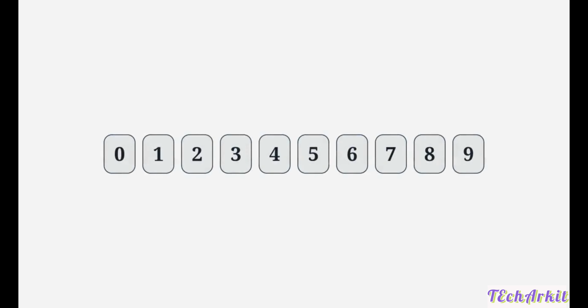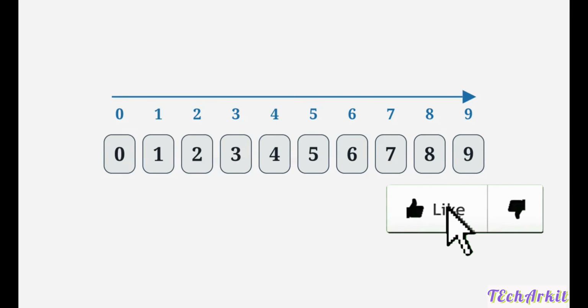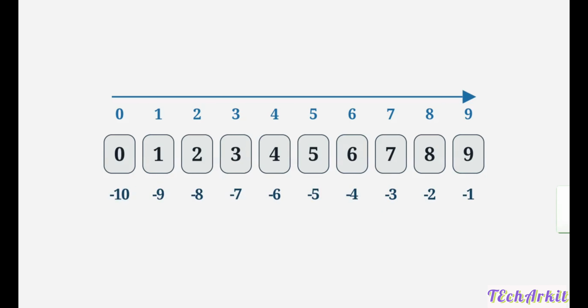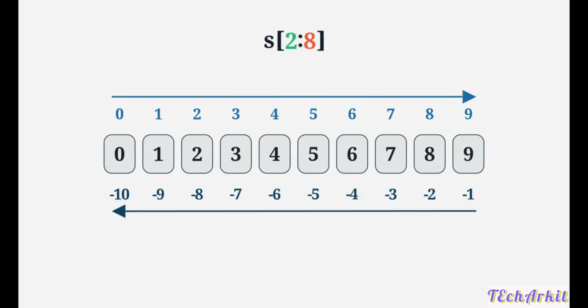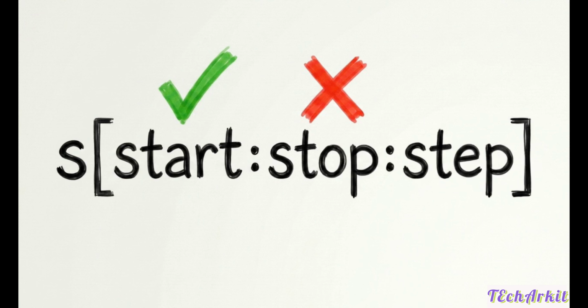To control this operator, we have to visualize how Python maps string positions. Positive indexes count forward from left to right, starting at 0. Negative indexes count backward from right to left, starting with -1 at the final character. Every slice relies on one primary rule. The start index is included in the result, but the stop index is strictly excluded. The selection process stops exactly one position before that boundary. This spatial map and the exclusion rule are the baseline requirements for moving into the more complex logic of steps